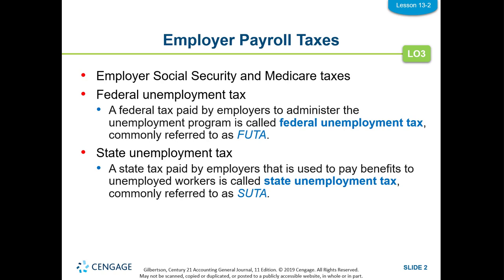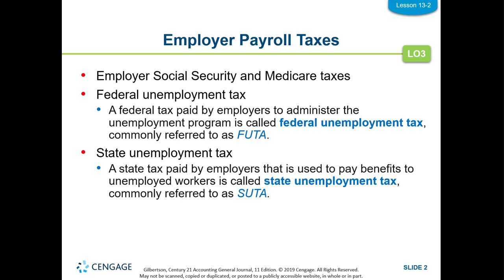Federal unemployment tax, FUTA, created a nationwide program to provide cash payments to employees who lose their jobs through no fault of their own. Federal unemployment insurance laws require that employers pay taxes to fund unemployment benefits. These taxes are used to pay worker benefits for limited periods of unemployment and to administer the program. A federal tax paid by employers to administer this unemployment program is called federal unemployment tax, commonly referred to as FUTA. The tax rate and the tax base for FUTA taxes are referred to as the FUTA tax rate and